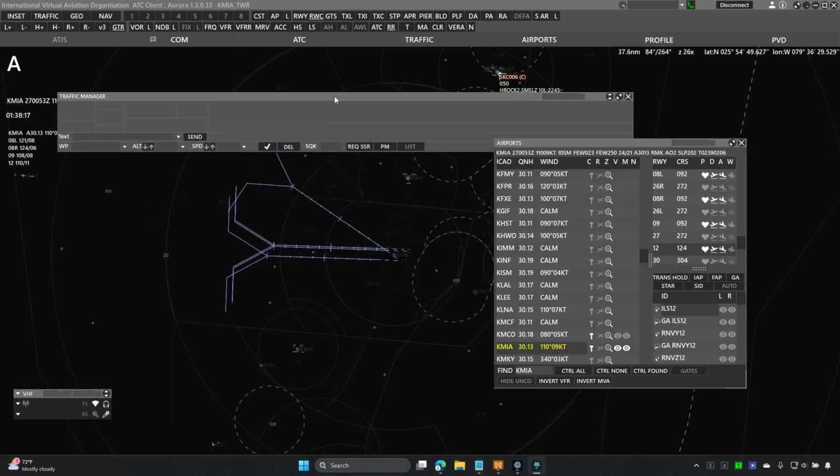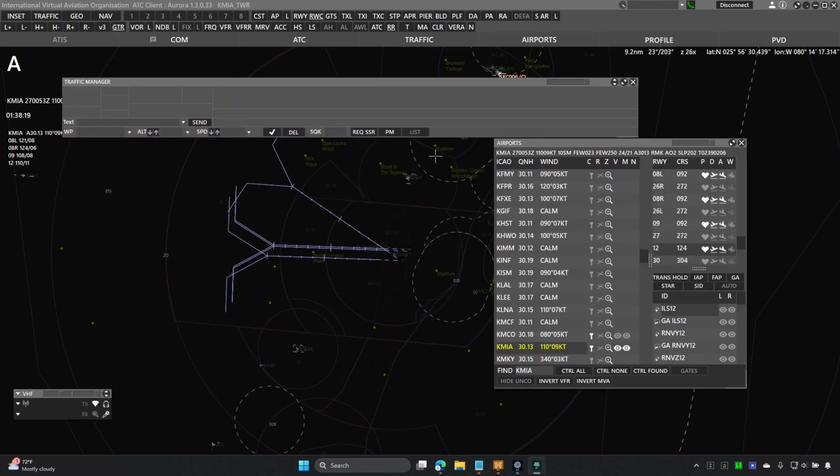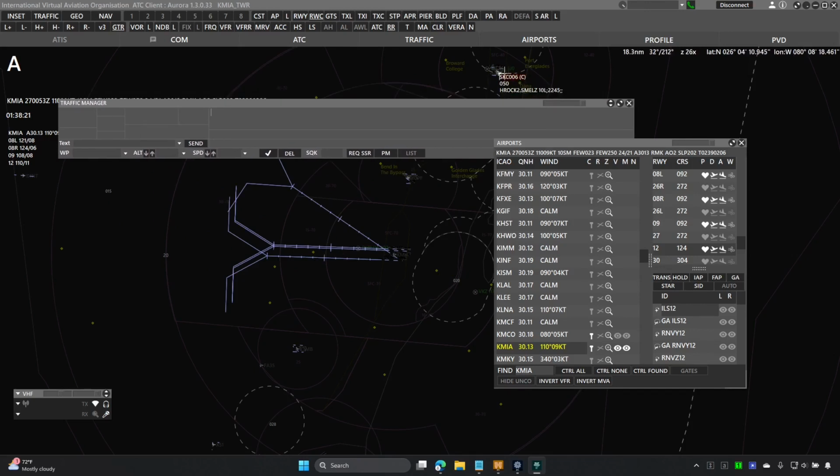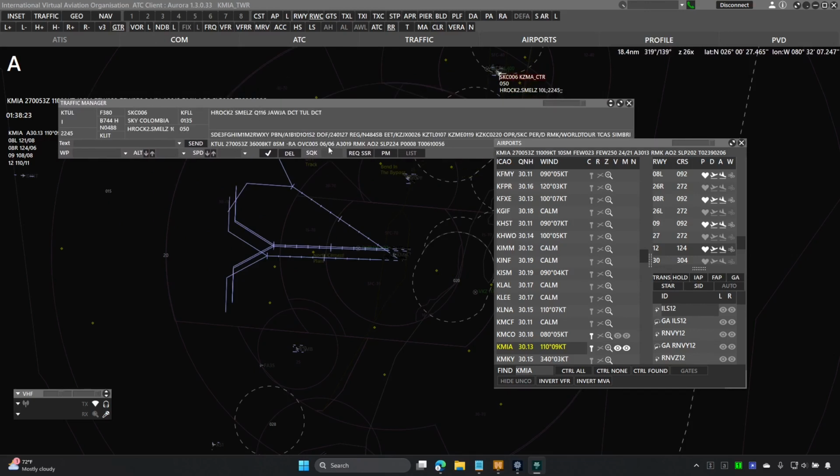So this is the flight strip. Whichever aircraft, like this one isn't mine, but I can click on it and see, and it'll populate the flight strip, and it tells me a lot of things here, like it'll tell me where the aircraft's going to. In this case, this aircraft is going to Tulsa, Oklahoma. Sky Columbia 006 is the flight number. It is a Boeing 747-400. That's Boeing 744. H signifies it's a heavy aircraft for